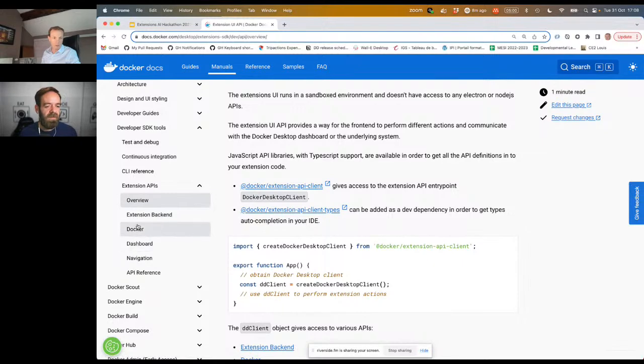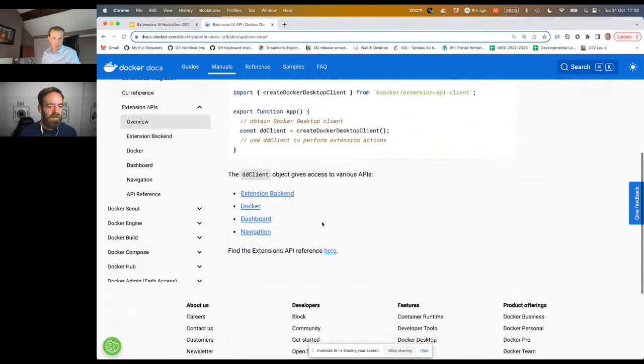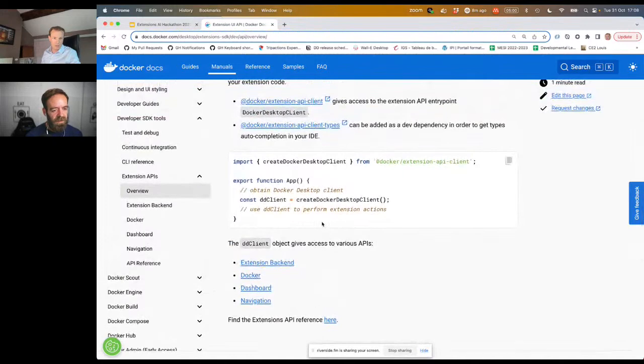If I go down a bit, the desktop client will allow you to do things with Docker itself, like listing the containers, listing images, or invoking the CLI, working with the Docker Desktop dashboard, navigating to other parts of Docker Desktop. So from your extension, you can navigate to specific container logs, for example, if you want to debug a container.